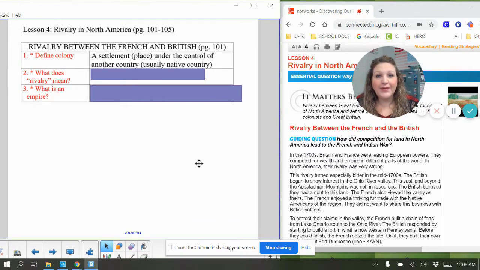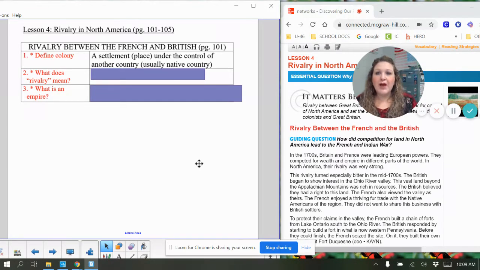Most of the people in the 13 colonies also came from Great Britain or England. They're the same place. Great Britain and England are the same place. I have mentioned that before, that we can use either name for that location. That's not to say that we don't have people from other countries within the colonies, because we have talked about that as well, but primarily we have English people in the 13 colonies.